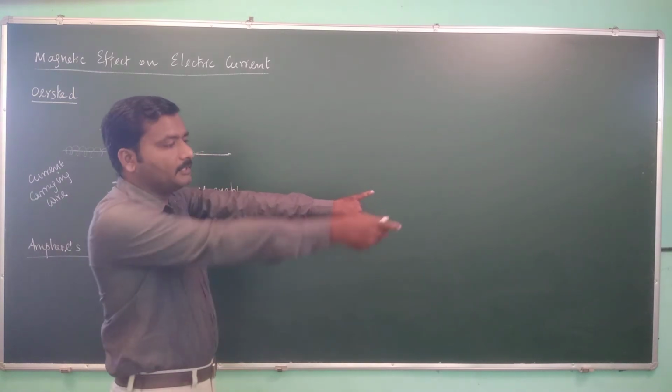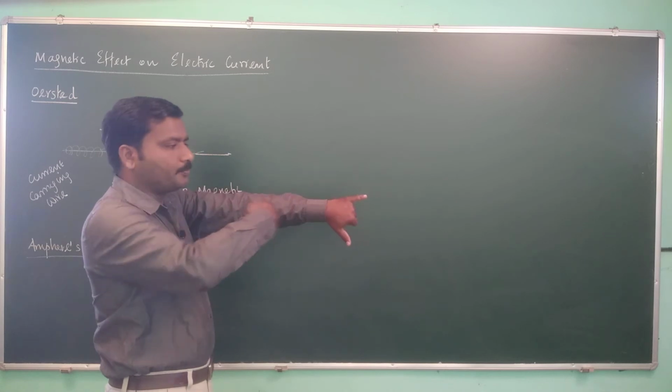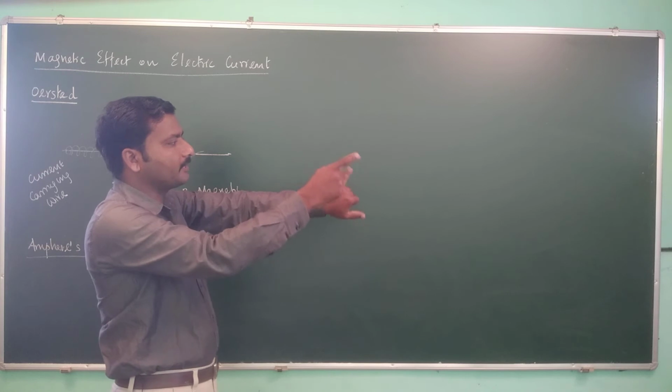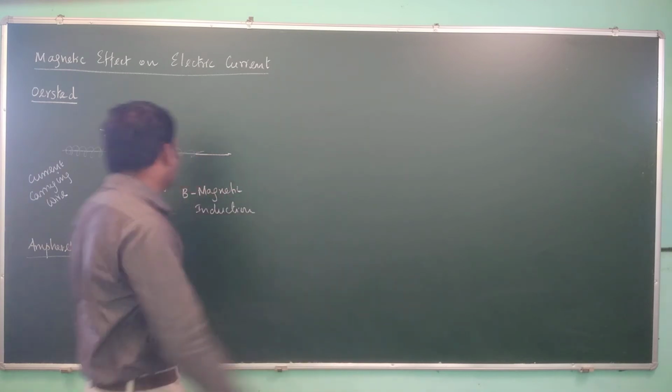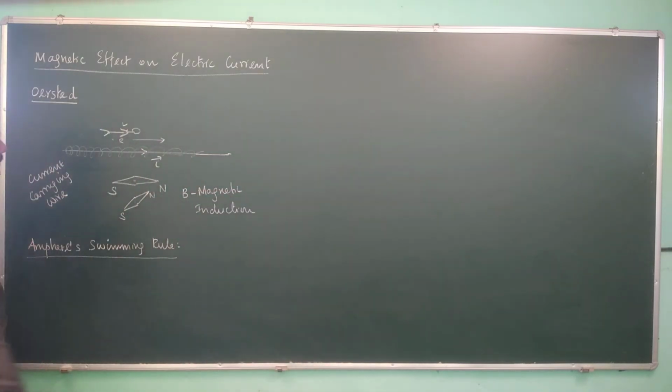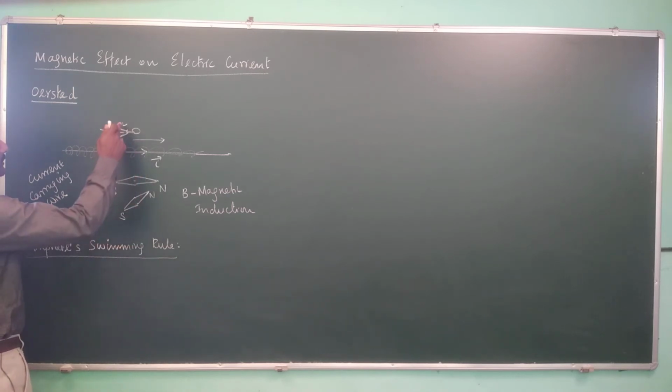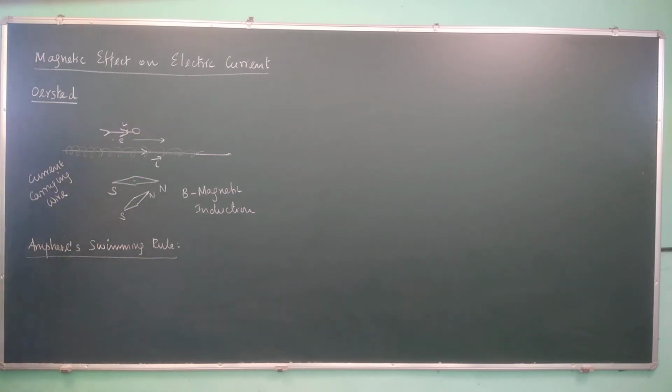He will swim like this, and when you enable the current through the wire, this needle will get deflected towards his left hand. So it will go up. That is what Ampere concluded: when a person is swimming in the direction of the current in the wire, with his face looking at the pivoted needle, then when the current flows through the conductor, the deflection of the pivoted magnetic needle is to the direction where the person's left hand is located.